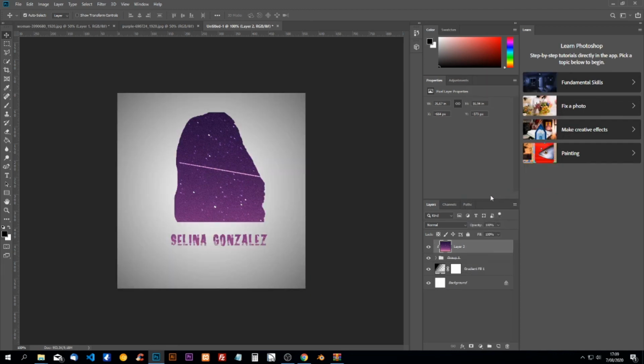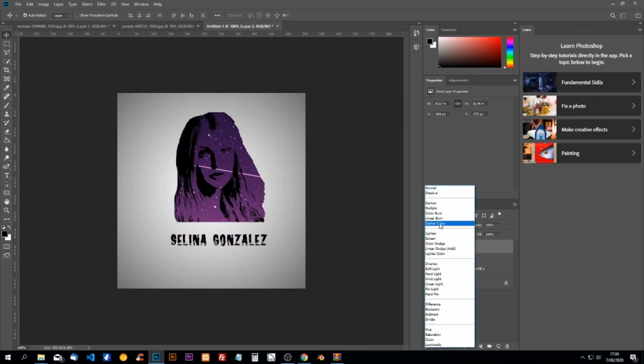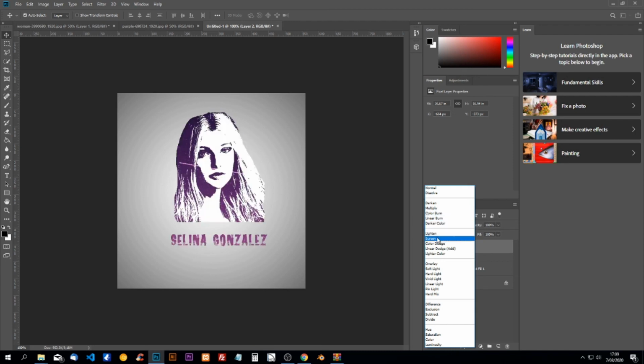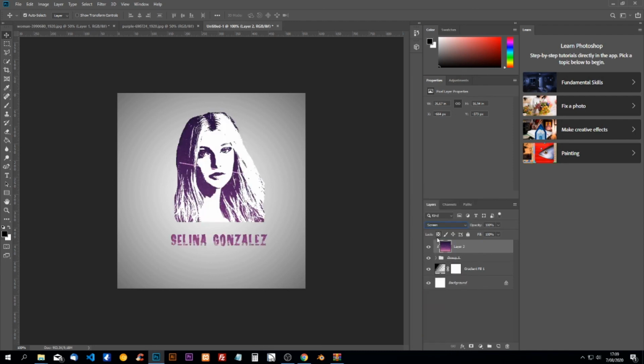And now you don't see anything, but we have to adjust the blend mode here, and we will adjust it to screen. If you want, by using Ctrl T, we can change the size, we can move it,